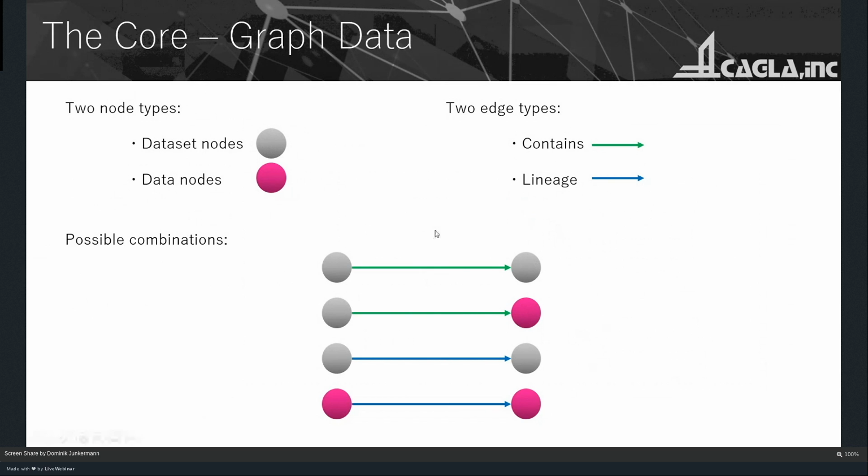Both of these edges are unidirectional. In the case of the lineage, to show the chronological order, so the source is always the earlier version, the destination is always the newer version. And in the case of contains, it's unidirectional to show the hierarchy,